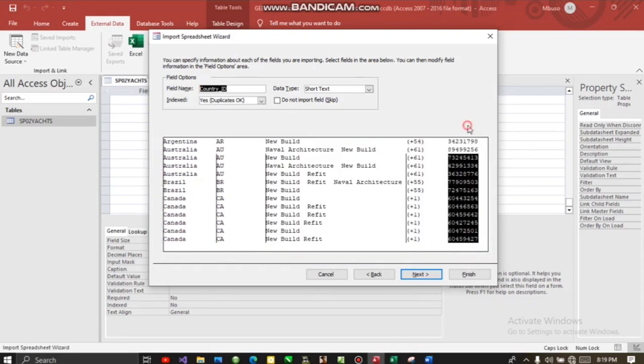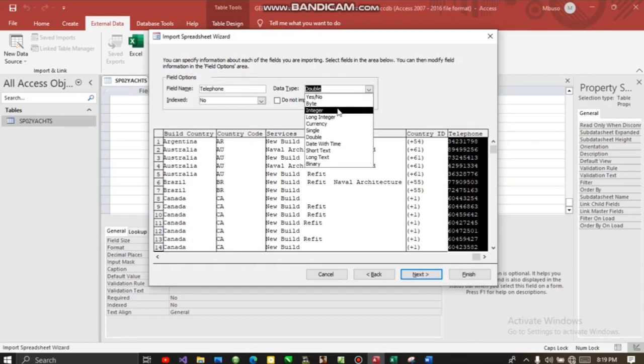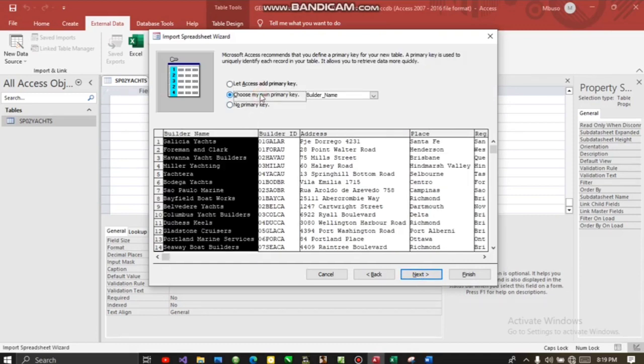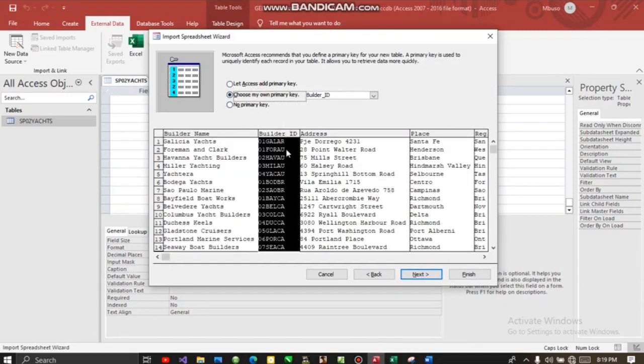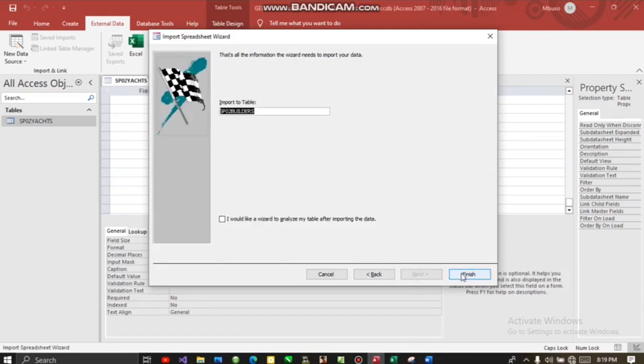I guess everything is short text. Telephone has to be short text. Text, do we have text? Short text, not double. So next, choose my own primary key. Builder ID is the only field that is unique. And finish. They want a screenshot